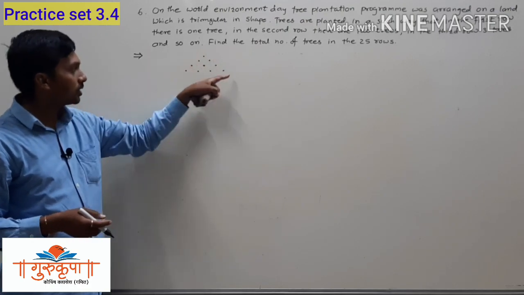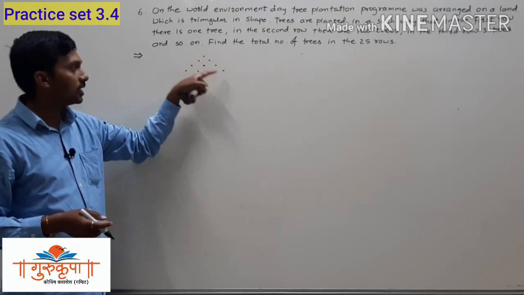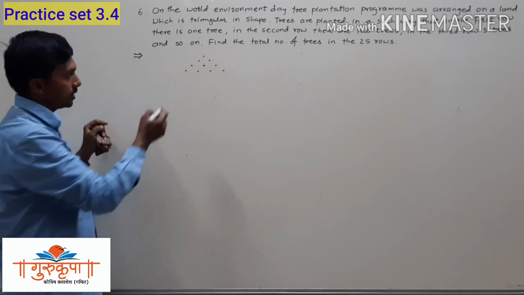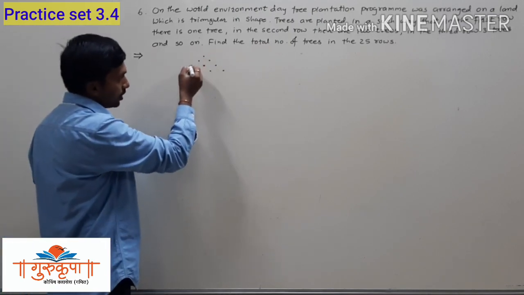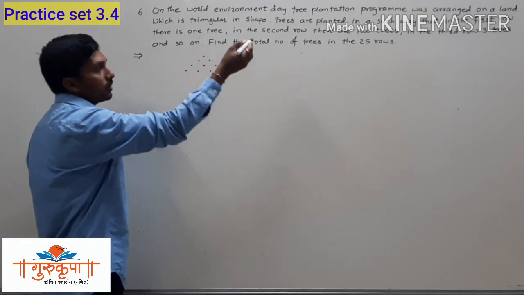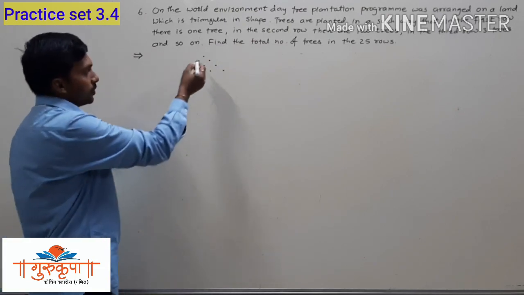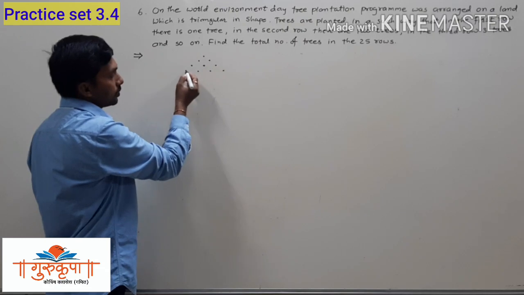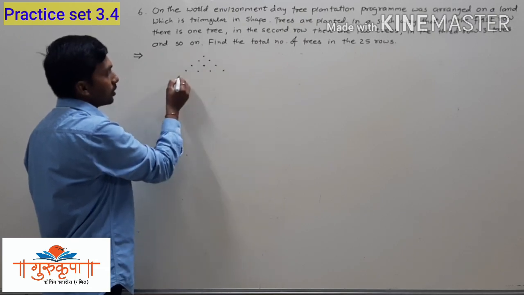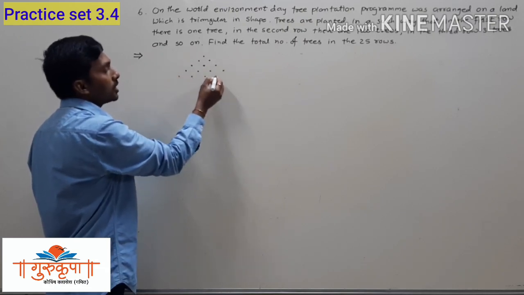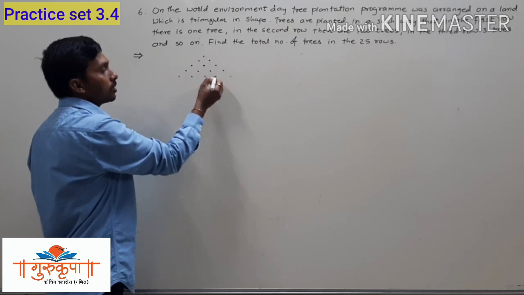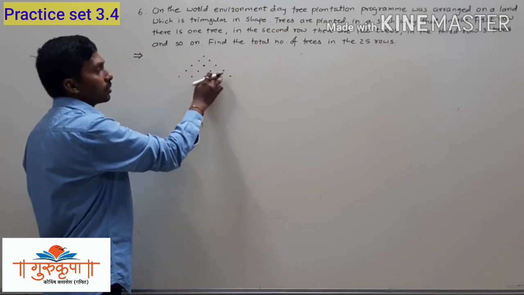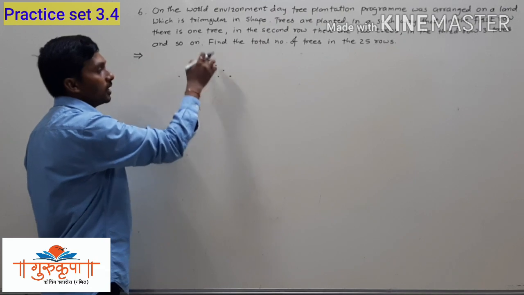This land is in triangular shape, and there are 25 rows in all. First row 1 tree, second row 2 trees, third row 3 trees, fourth row 4 trees. We will draw fifth row 5 trees, sixth row 6 trees, seventh row 7 trees, like that up to the 15th